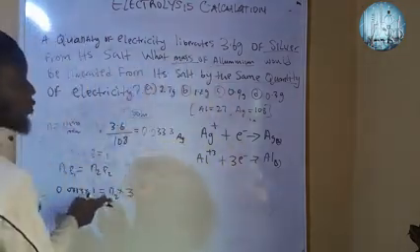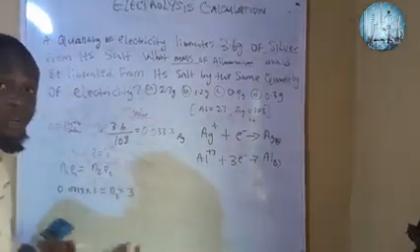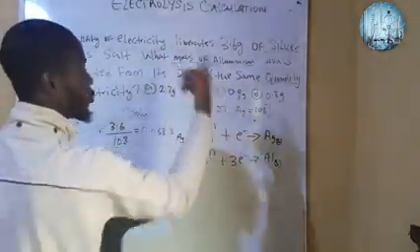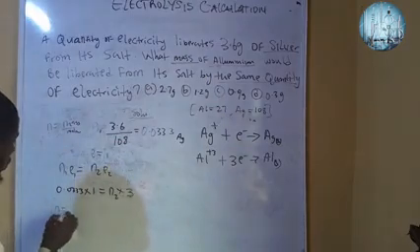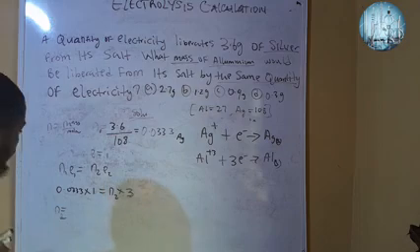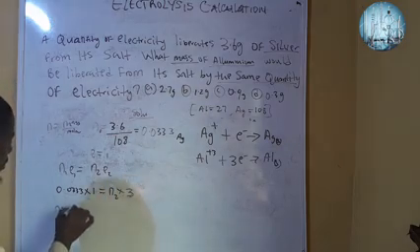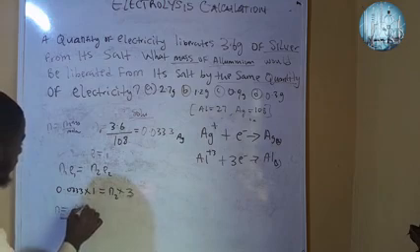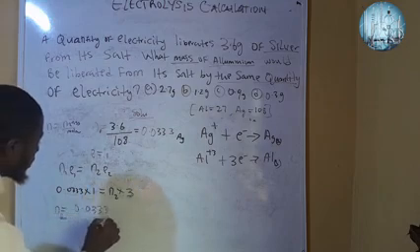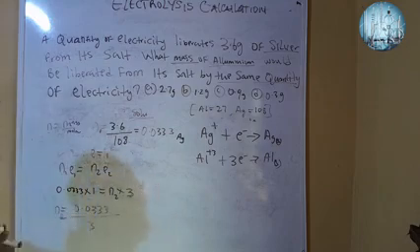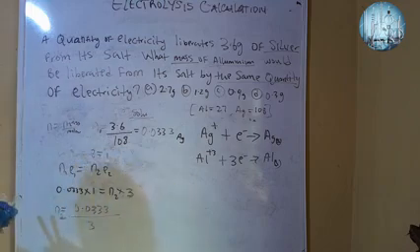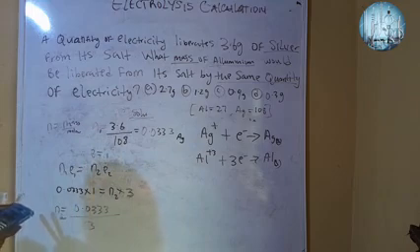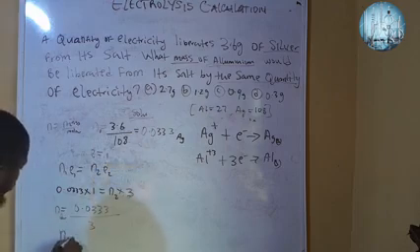This represents the number of moles of aluminium here. By the time we get the number of moles of aluminium, we'll be able to use it to convert it to mass. So now n will be equal to, if you do this math properly, n2 equals 0.0333 divided by 3. By the time we do that math correctly, that's 0.0333 divided by 3, and we have our n2 equal to